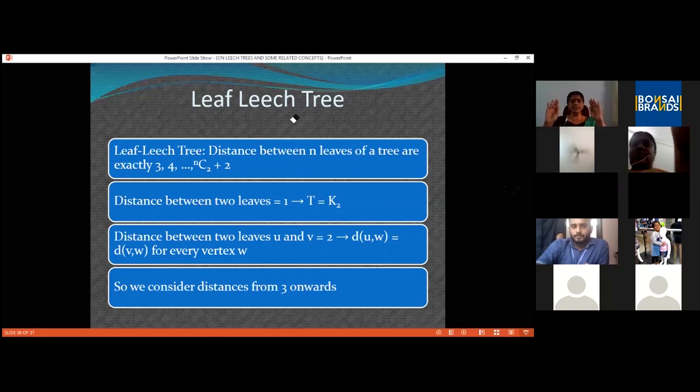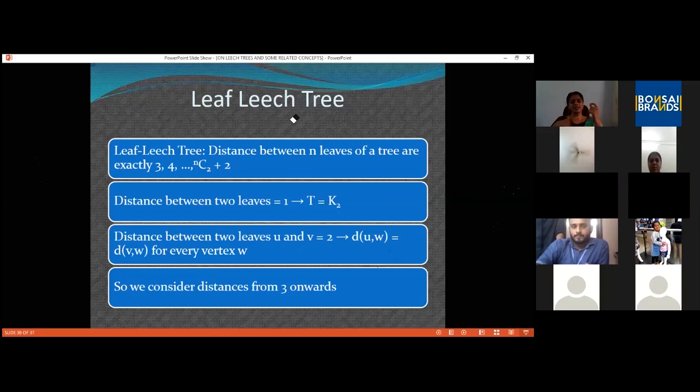Leave them undisturbed. But you can extend the tree from W. But again, we are not considering 2. Why? Assume that you have extended from W and X is another pendant vertex or a leaf. What about the distance between U and X and V and X?